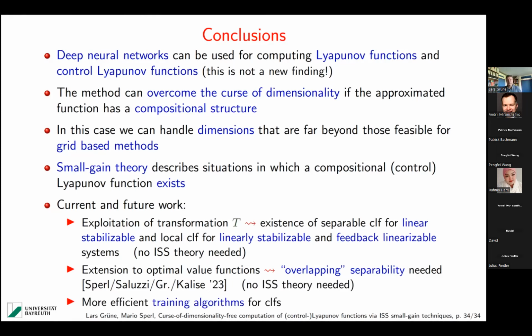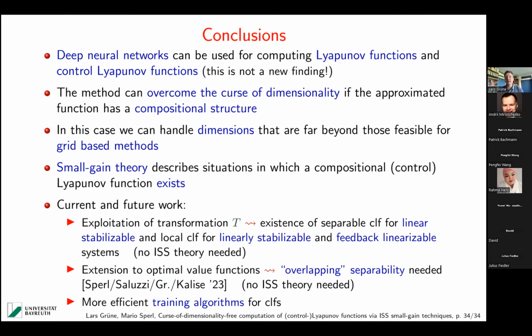And now here's something that is really an open problem. Despite the fact that many people have done that, it turns out that training neural networks for control Lyapunov functions is a really difficult task. And this is because we have to look essentially for this infimum over U, or if you wish, the controller that does the job, and the Lyapunov function simultaneously. And since you have to do that, you really need some quite sophisticated training algorithms. What we have found out is that it's really difficult to get this thing converging. If it converges, it's quite quick, but you really need to tune a lot of parameters before it eventually works.